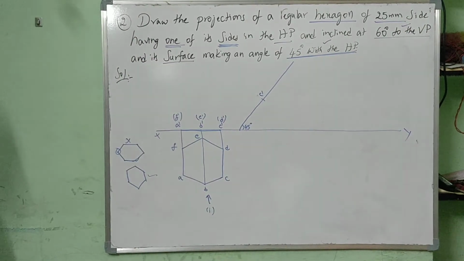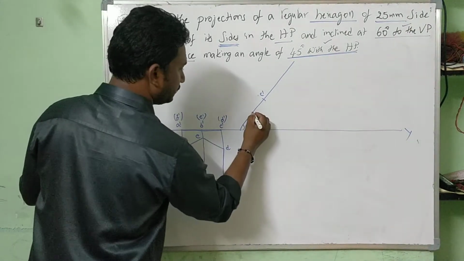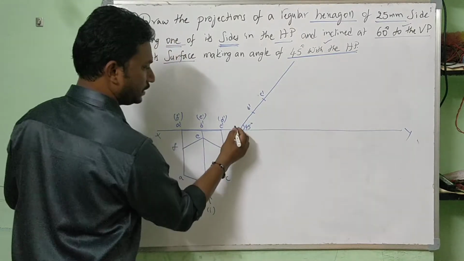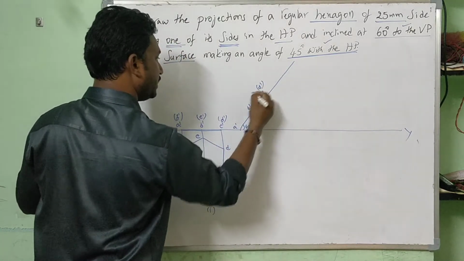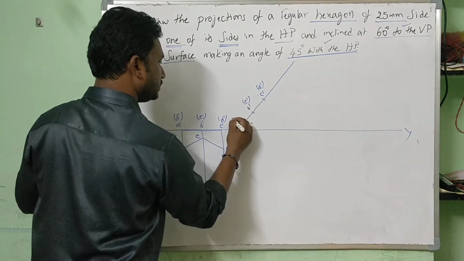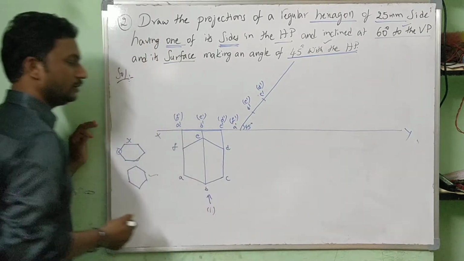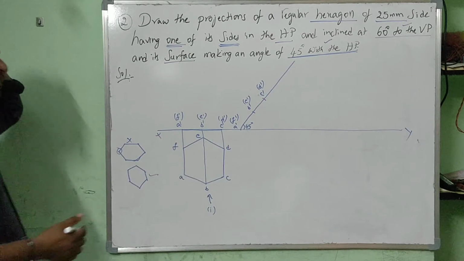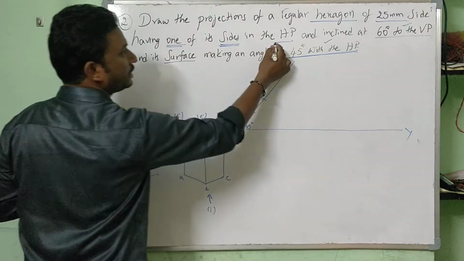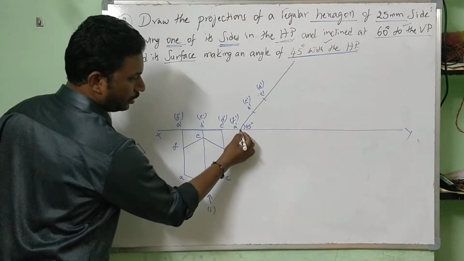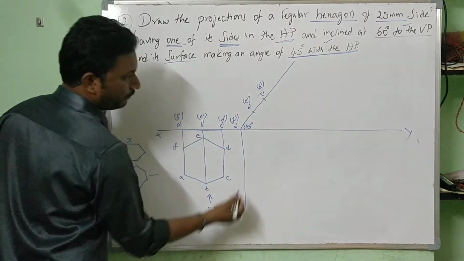In the middle, we will get B dash. Here A dash, B dash in brackets, D dash, E dash, F dash. Now you can satisfy the condition: one side, A dash, F dash, is in the HP. Now projecting its top view,